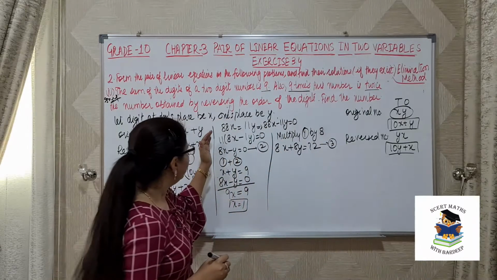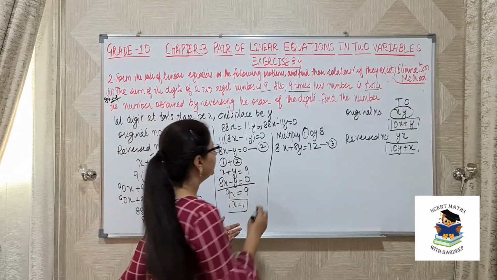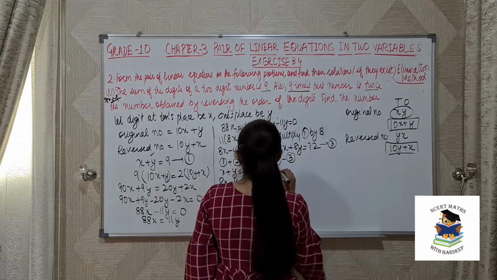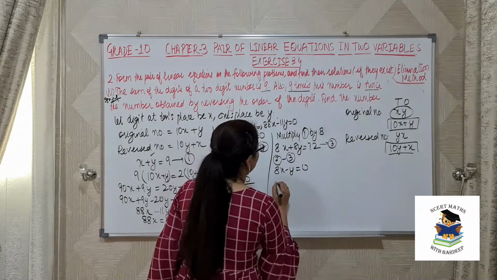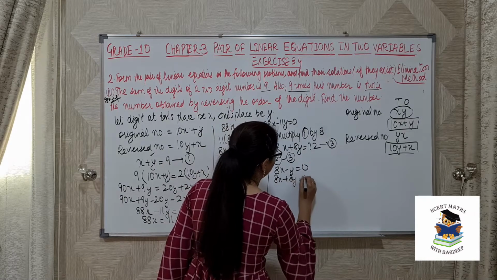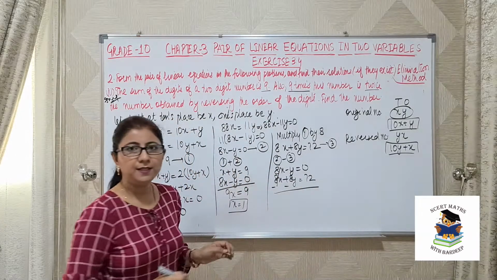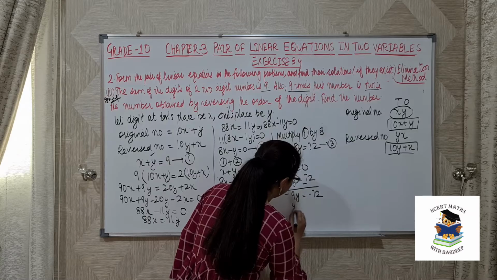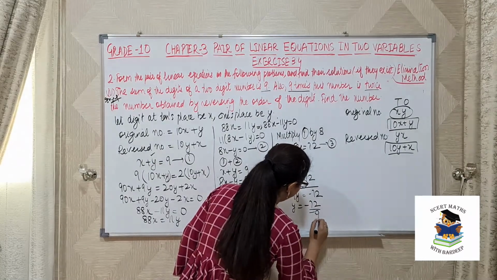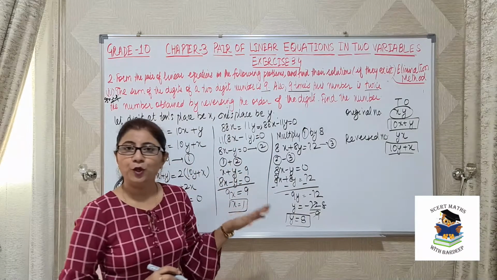So we can see that 8x is in both, but they are with the same sign. So we will subtract our equations, that is 2 minus 3. So let's write this. 8x minus y equals 0. Now this is 8x plus 8y equals 72. Okay, change the signs. This is cancelled. Minus y minus 8y is minus 9y. This is also minus 72. So then what is y? Minus 72 divided by minus 9. Nine 8s are 72, so this is 8.